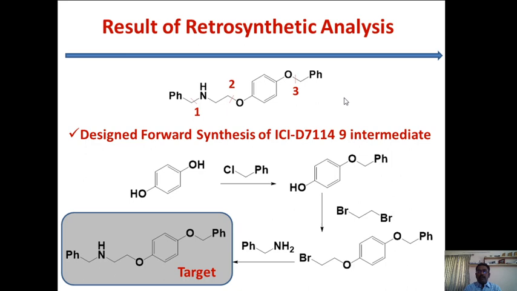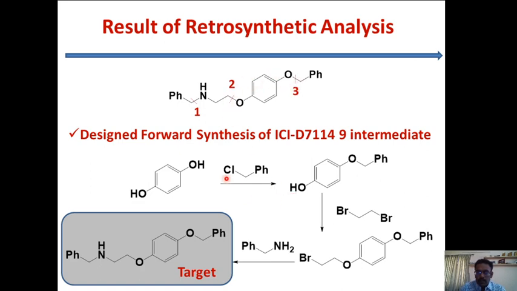Where you have to disconnect first. Now you know that we have used all three guidelines. Guideline number 1, you have to disconnect on the alkyl side. Guideline number 2, whenever you have a heteroatom, you have to disconnect the hetero-carbon bond, next to the heteroatom. Guideline number 3 is, when you have a chemoselectivity problem, you have to find the more reactive one, and that should be disconnected first. Using guideline number 3 only, we are doing this disconnection first over here compared to this one.